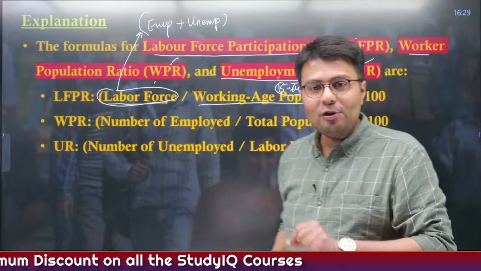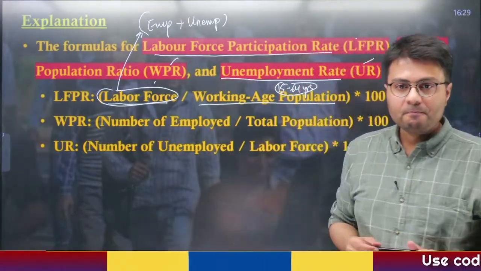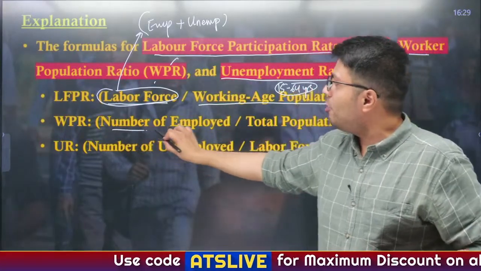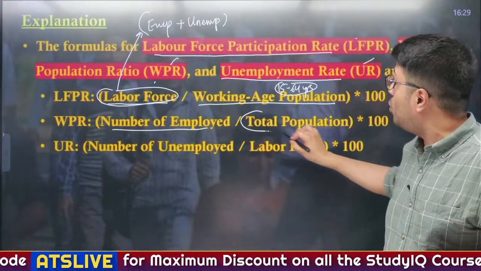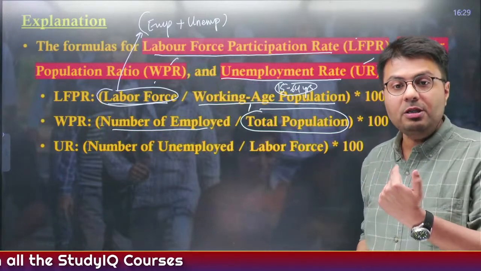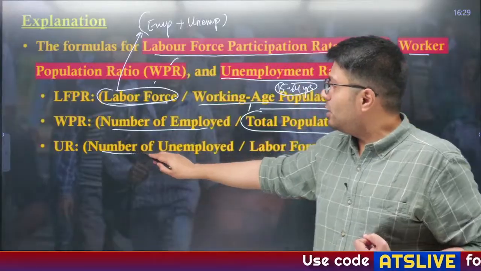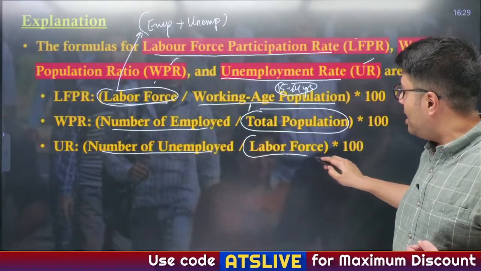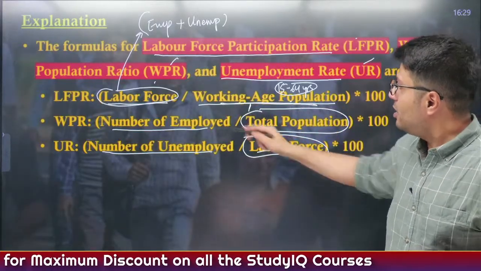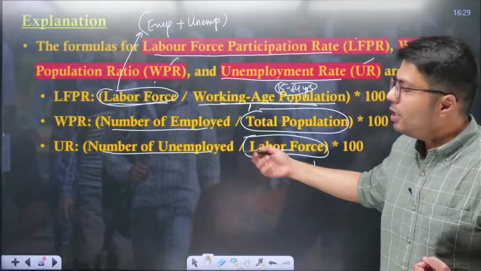So if you are preparing for UPSC and not seeking work, will you be unemployed or not? Let me know in the comment section. Now another formula is worker population ratio. Obviously it means the number of people who are employed divided by the total population of the country. Here we were dividing it by working age population. It told you how much amount of people were participating in economic activities. Now unemployment rate is the total number of unemployed people in India divided by the labor force. Labor force obviously is the people who are in working age. Sorry, labor force is people who are unemployed plus employed. So it told you unemployment ratio.